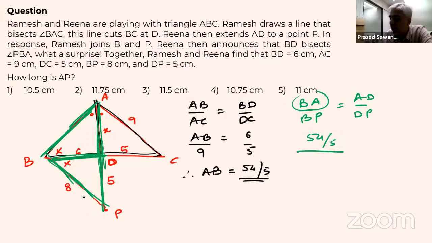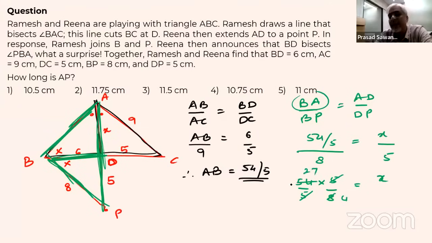Divide by BP, which is 8, is equal to AD, which I want to find, X, upon DP, which is 5. So 54 upon 5 multiplied by 5 divided by 8 is X. 5 cuts. 2 4s are 2, 27s are 27 upon 4 is X. 27 upon 4 is something like 6.75. There are two options with 0.75, so I'm just going to calculate exactly. It's more than 6. 6.75 is X,